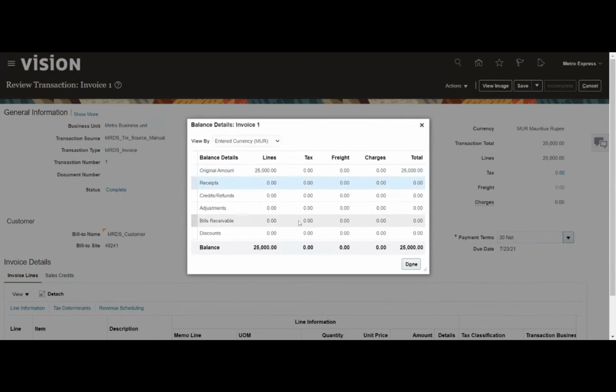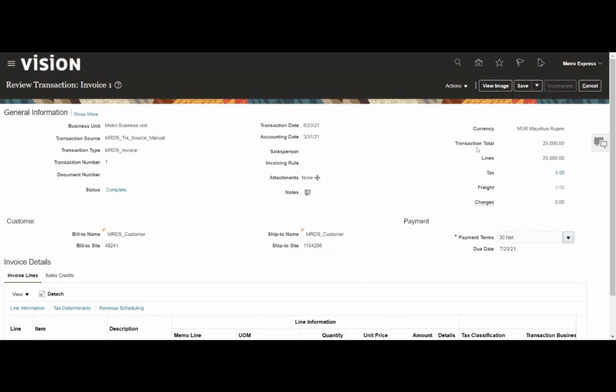So now what we will do is that we will create a receipt for 5,000, which means we are receiving the amount partially. And also we will see adjustments and these things. So how we can adjust and how we can process the refund and the other things we will see. Okay, so firstly, I'll create one particular receipt against this invoice.